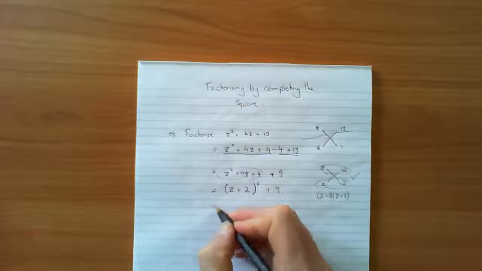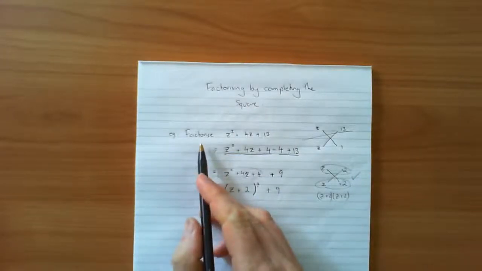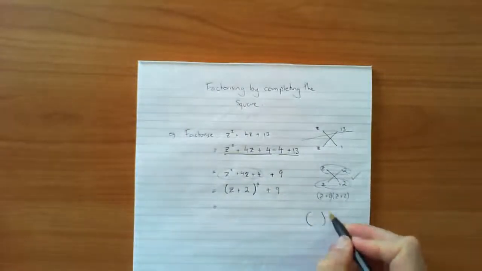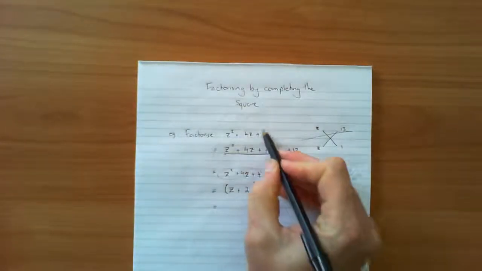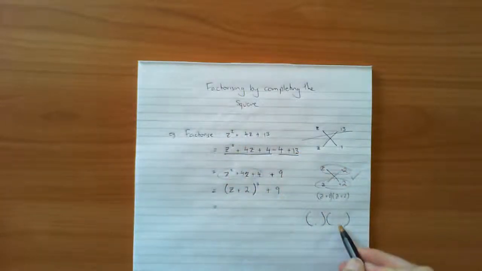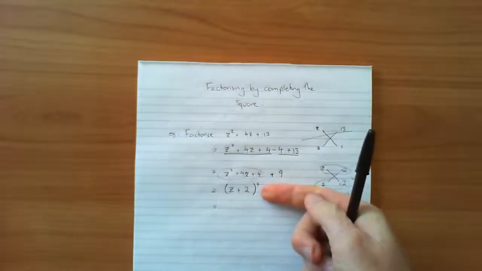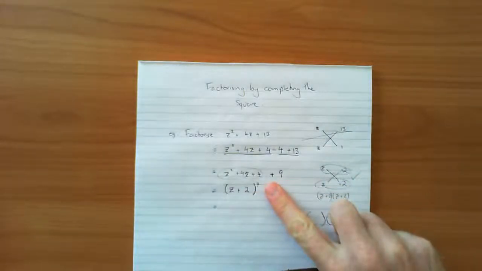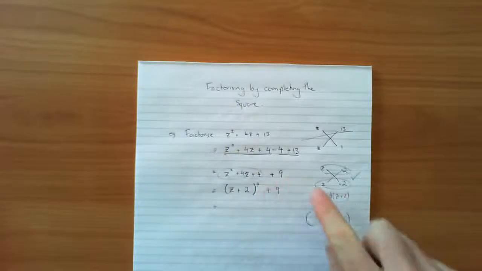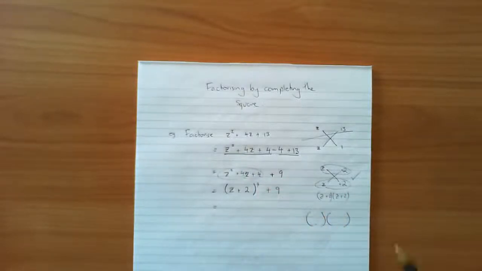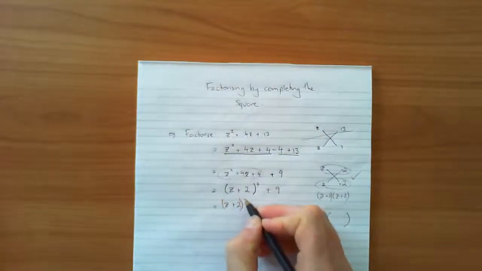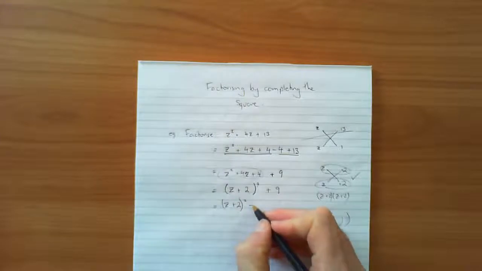Now what do we do? Because the question said to factorise. Factorise means I need to end up with something times something else. This polynomial must be equal to something times something else. If it wasn't for this 9 here, we'd be finished, because I'd have 2 brackets, or squared at least. But I want one bracket times another bracket. So this is the trick now. This is where the complex numbers come in. z plus 2 all squared, take away